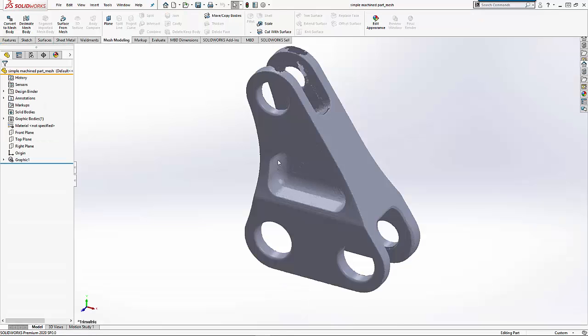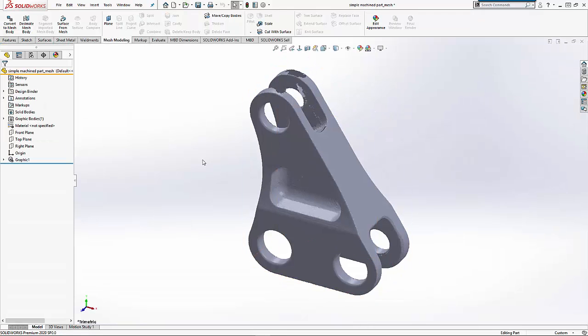So it's going to come in as a graphics body. We've got some options when dealing with STL files. One of the new options is the decimate mesh body. So if we've got a large facet count, we've got the ability to reduce that. Maybe we would do that if we're going to use this file and put it into an assembly file or something like that, and actually use the STL file as is. But when we're coming down to reverse engineering, I typically want to keep as much data from the STL file